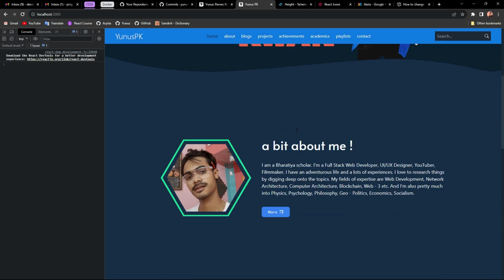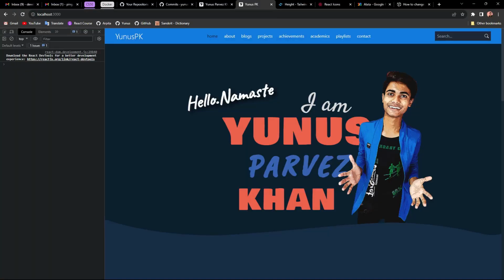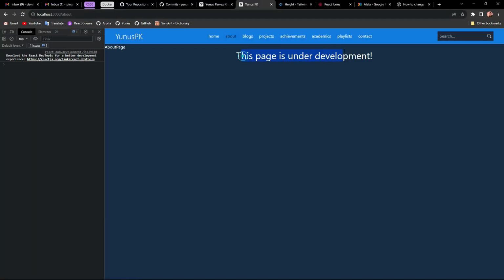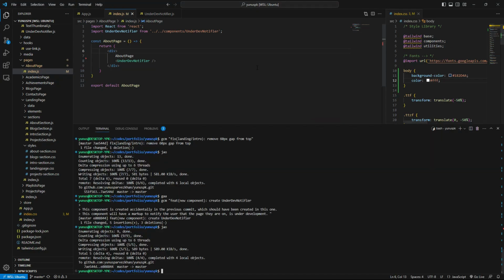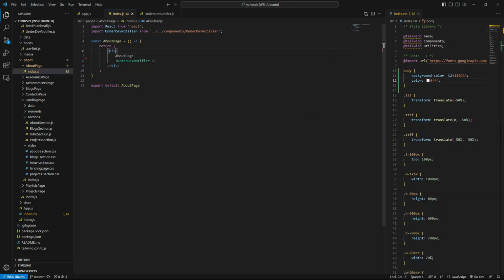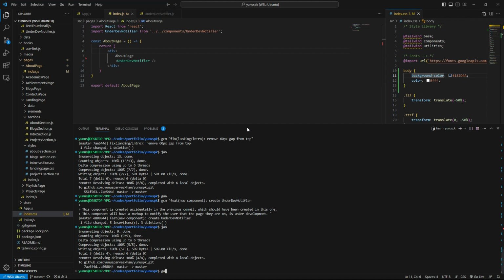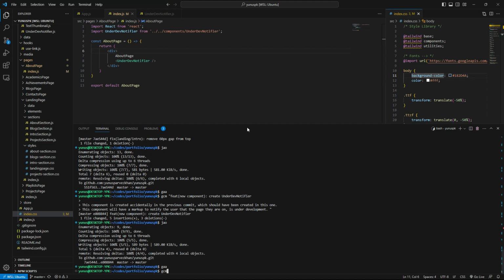Okay, so that's pretty much it. Now we're gonna create that thing. But before that, we just did a very small change for now, only these 4 lines. This is just 2 lines of CSS. So we're gonna push that because that's one kind of thing.